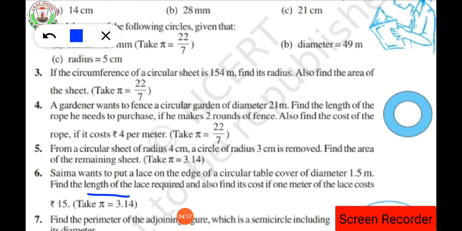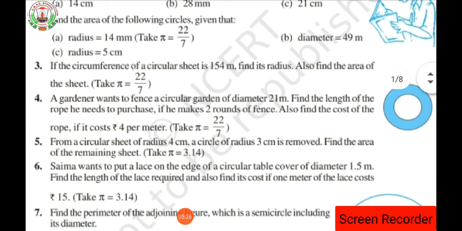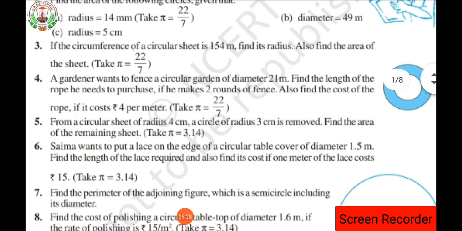Remember students, whenever the length is being asked for any circular table, circular sheet, anything related to the circle, that means it is the perimeter of a circle or circumference of a circle. Both are equal. Perimeter of a circle is equal to the circumference of a circle. Then also find the cost, if 1 meter of the lace costs rupees 15. Again, whatever perimeter we get, that perimeter will be multiplied with 15 to get the